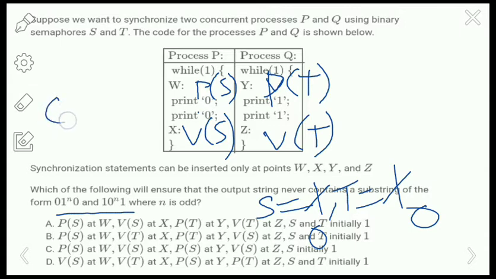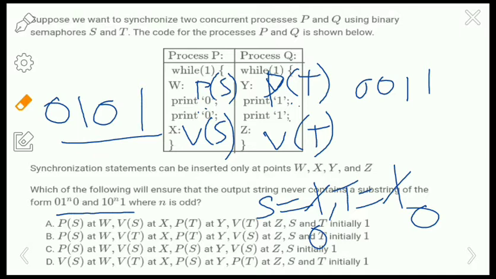So first it will print the 0 and then 1 0 and 1. There is a context switch between the processes P and Q here. So first it will print 0 and then 1 and 0 1, or else it can print in this format 0 0 1 1. Okay, so it can print the strings in this format only. So 0 1 and 0 1, which is in the format of the given 1 0 1 format and 0 1 0. So this is not the answer.